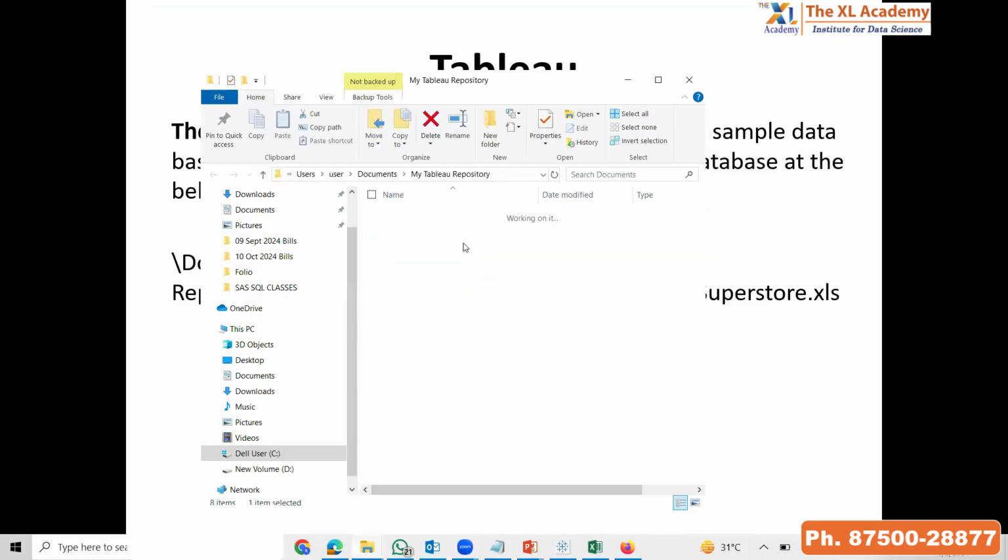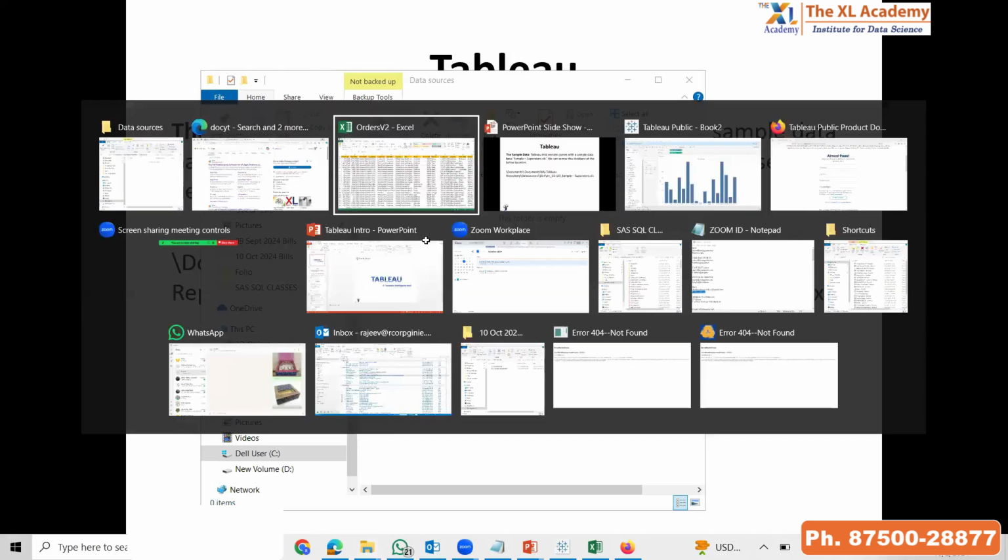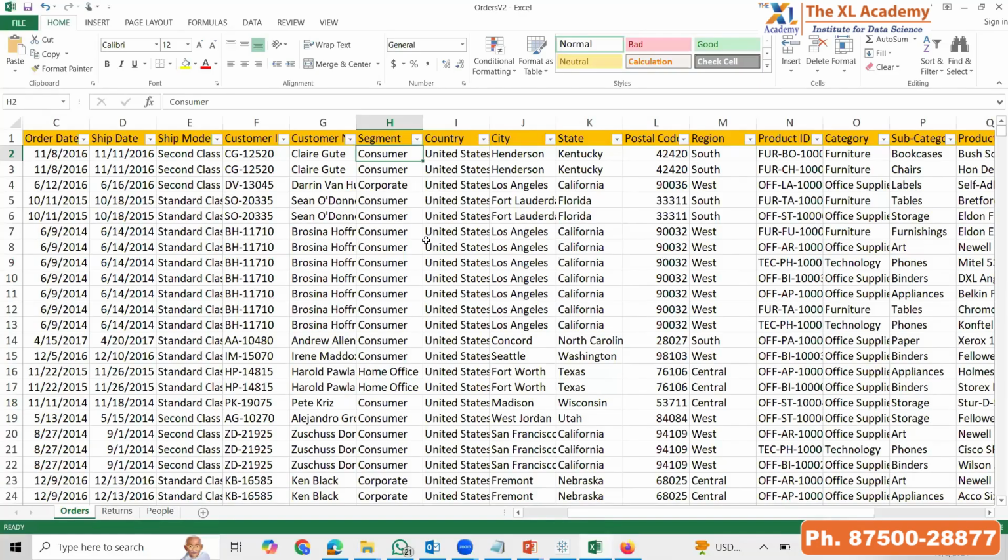ठीक है, और उसके अंदर आपको एक फोल्डर मिलेगा डेटा सोर्सेस, और यहाँ पे आपको वो डेटा मिलेगा जिसका नाम होगा सुपर स्टोर, सैंपल सुपर स्टोर। जब आप इंस्टॉल करोगे टैब्ल्यू तो आपको यहाँ पे वो मिलेगा। बाय डिफॉल्ट टैब्ल्यू आपको इस लोकेशन पे देगा, आप जहां चाहे रख सकते हो, उसका नाम चेंज कर सकते हो। जैसे मैंने अपने कंप्यूटर में उसको डी ड्राइव में डाल रखा है और इसका नाम ऑर्डर्स रखा है। ठीक है, आप इसको कहीं पे भी रख सकते हो, मगर टैब्ल्यू देगा तो वहां पे देगा। बट अभी जब आप टैब्ल्यू पब्लिक इंस्टॉल करोगे तो आपको ये डेटा नहीं मिलेगा, क्योंकि आप पब्लिक इंस्टॉल कर रहे हो।